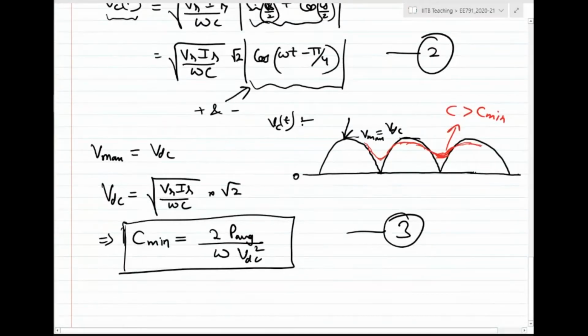Let's say we decide that, look, why should I operate at a larger C? Let me operate at C min. So if you're operating at C min, essentially you have to ensure that the capacitor voltage follows this waveform, right? This becomes the reference capacitor voltage waveform, and the actual capacitor voltage must follow this. Now it is very difficult for the capacitor voltage to follow this particular waveform. Why? Because capacitor current is given by C dVc by dt. Right? So here, dV by dt is not well defined, or if you want to recreate this, you have to force a very large value of current.